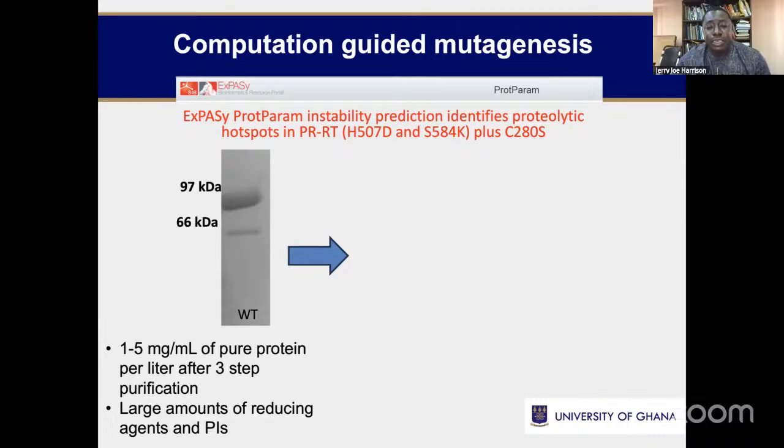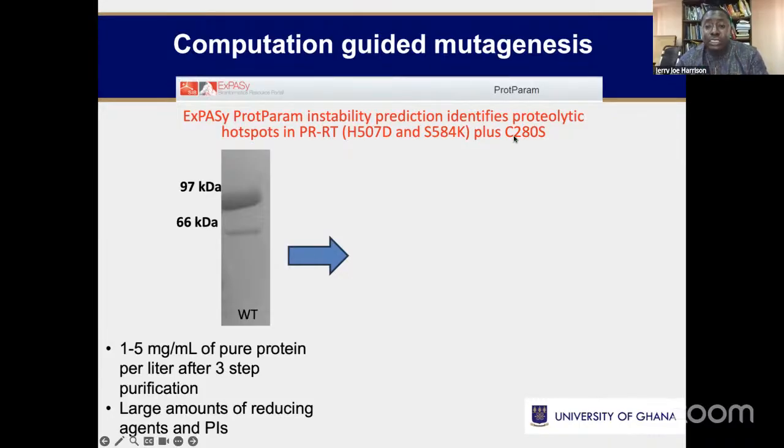And when I mutate, I would replace it with the other ones. So if I take amino acid 1, I will replace it with all the other amino acids and then output an instability index, to see whether we would find a place where others are more preferable. Thankfully, we found that H507 and S584 appear to be the hotspots from the computational perspective. And so, with a trick that we had used, C280,